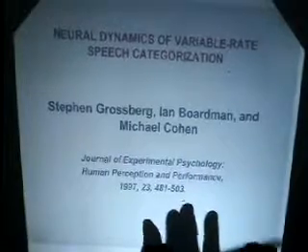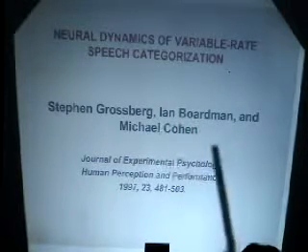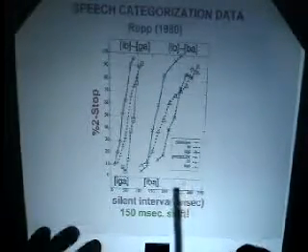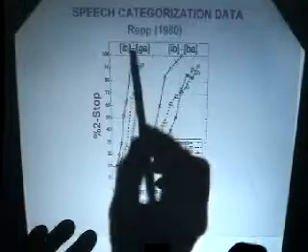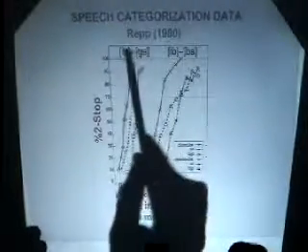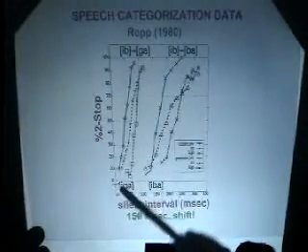So let me just give you one example, very lightly, of how resonance can explain speech data. Some work that I did with Ian Bortman and Mike Cohn that appeared in JEPHPP several years ago. And this has to do with a kind of speech categorization data, data here of Bruno Repp, but there are a number of other investigators. And what Bruno did was very simple. He just took a vowel-consonant, consonant-vowel pair. He varied the silence interval between them. And then he asked, when can you hear two distinct consonants, two distinct syllables,